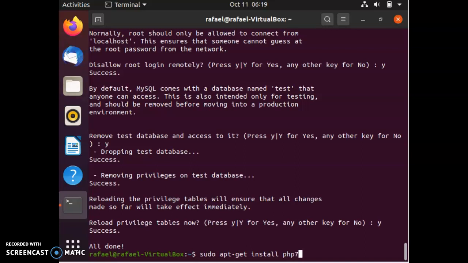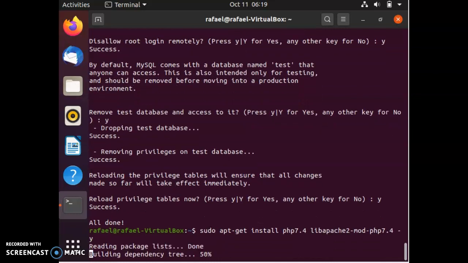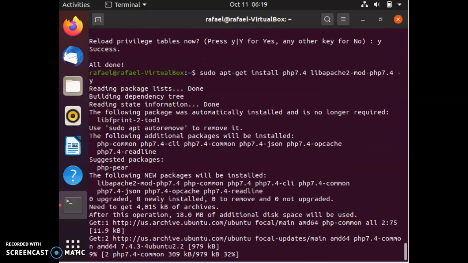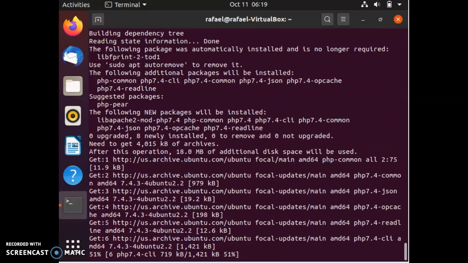I'm gonna use version 7.4 and libapache2-mod-php, and again the PHP version is 7.4, right? So I'm gonna confirm with this, click enter, and here it is installing PHP